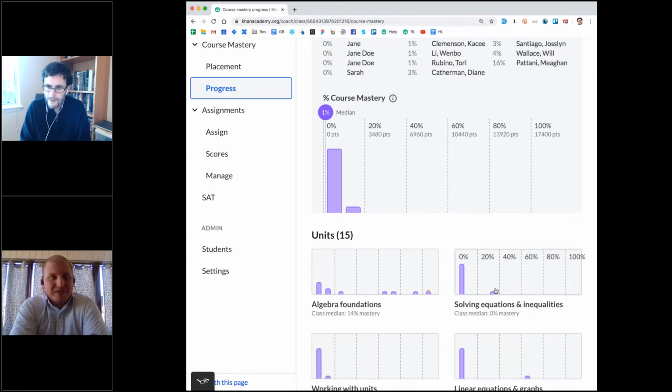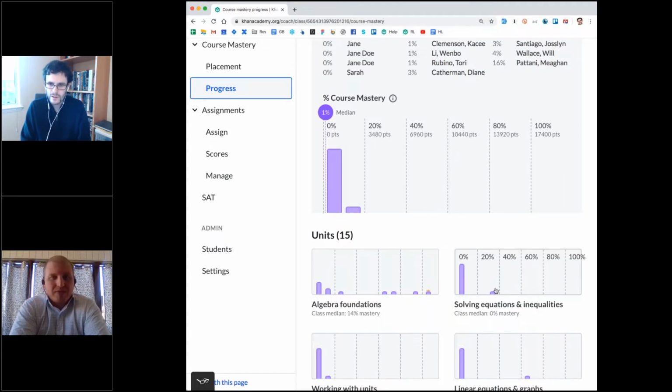I've heard Sal say in some of his TED Talks that if you're building a house, you don't have an inspector come in and say, oh, your foundation has 80% passes code, we can start building the first level and the second level. Eventually that crashes down. So the idea of course mastery is that you work through different units and different lessons